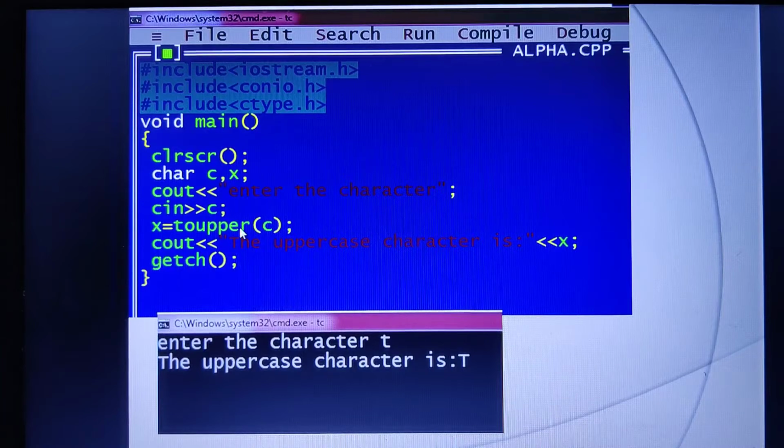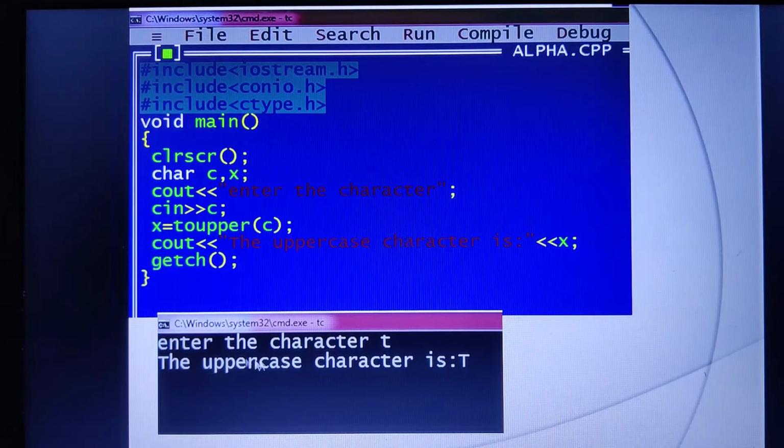After conversion, this is an assignment operator. How it works? After conversion, whatever value is on the right hand side will be assigned to the left hand side. So where is my converted alphabet? The converted alphabet is in the variable known as X. So where is my uppercase character? My answer is in the variable X. Therefore I am printing the X here.